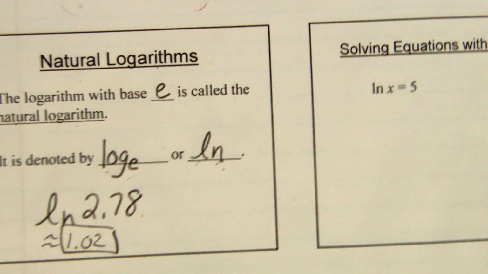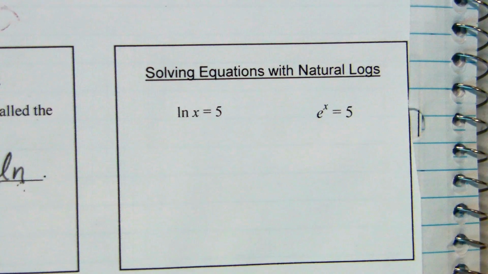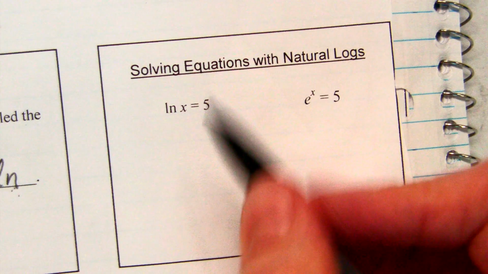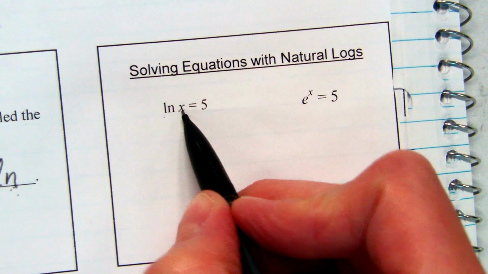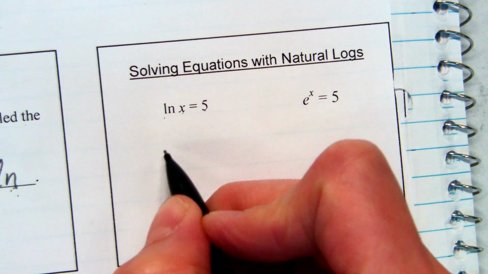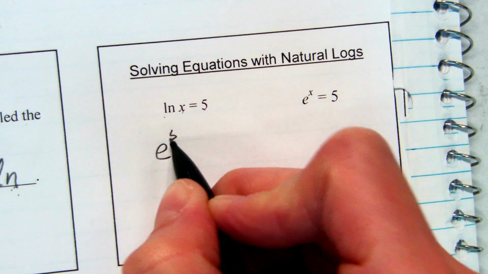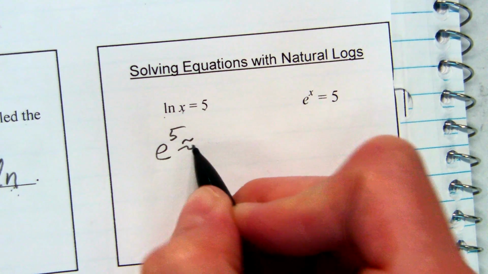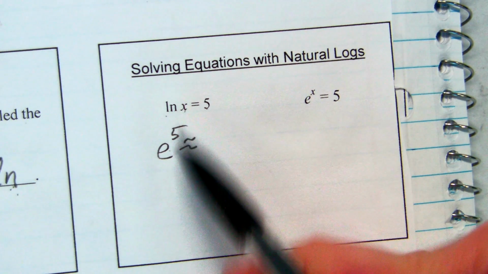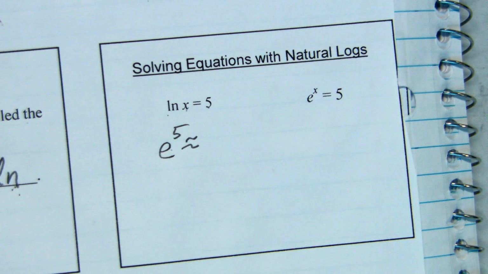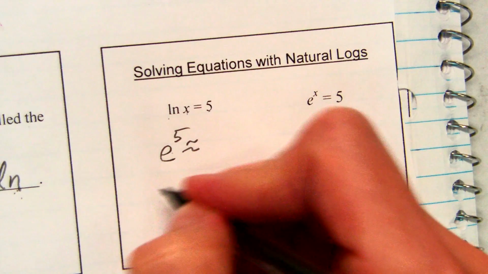Because e's are used a lot as well. All right, so shortcuts from that. If I see natural log of x equals 5, you just do e to the 5th power, because e and the natural log are inverses. So you'll do e to the 5th power, and it comes out